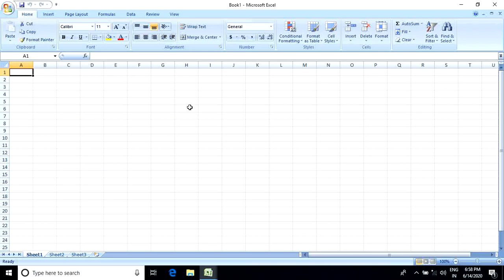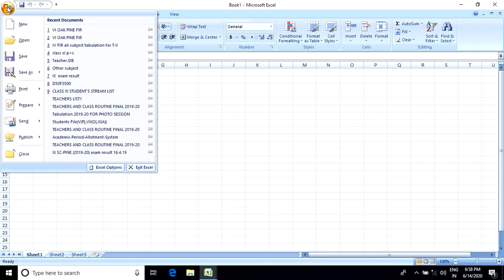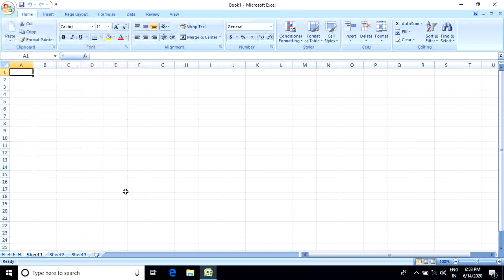Now start with Excel. Look here, this is the first page of Excel. This is actually called a workbook, and these are sheets, a collection of sheets. This is sheet 1, sheet 2 and sheet 3. So a collection of sheets makes a workbook.